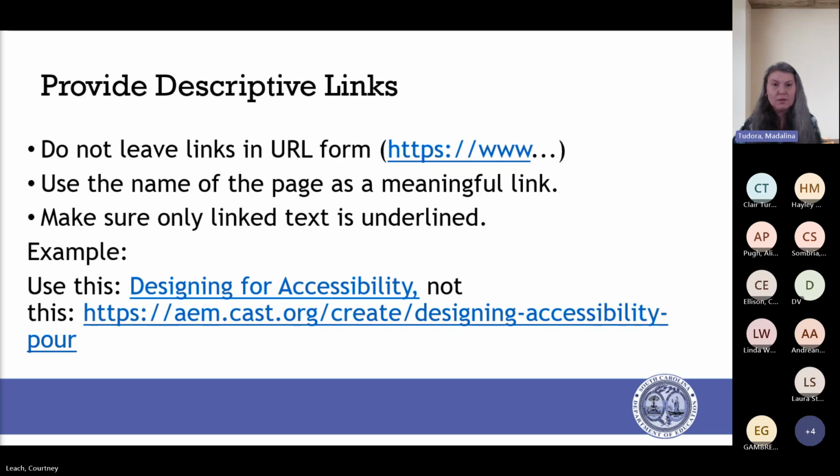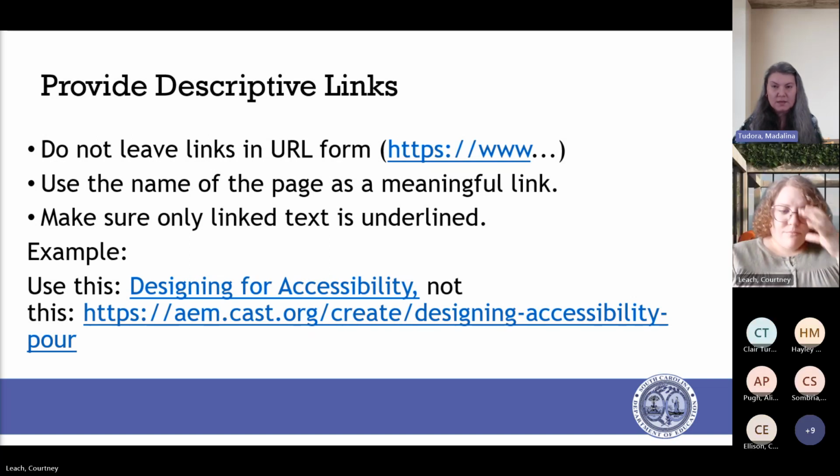Descriptive links. We want the links to give us some information about where a click would take you, right? And why is that? It's because if we have a screen reader user, typically somebody that's legally blind, that cannot see your links and they navigate through the use of a screen reader, they will be able to navigate through each link and decide whether or not they want to click on it, depending on what it says.